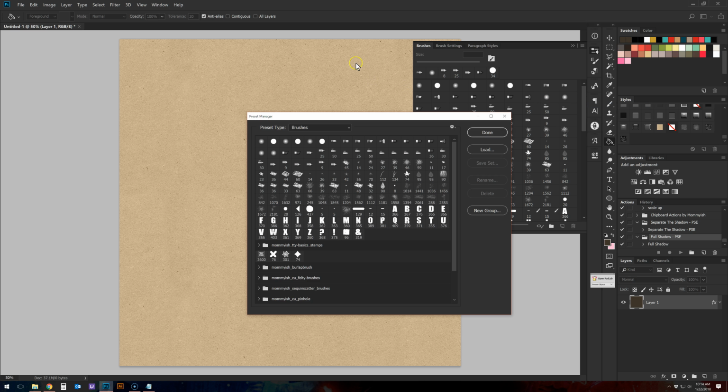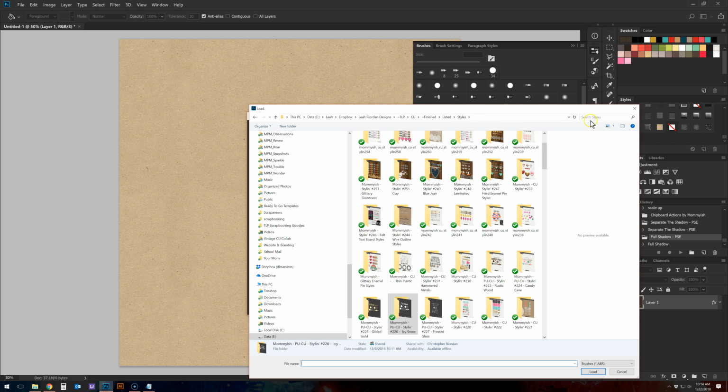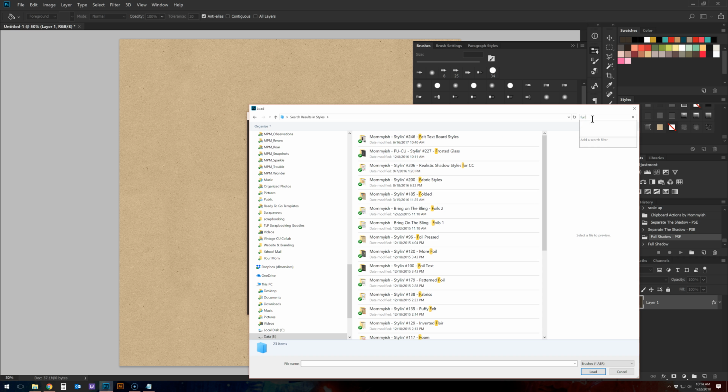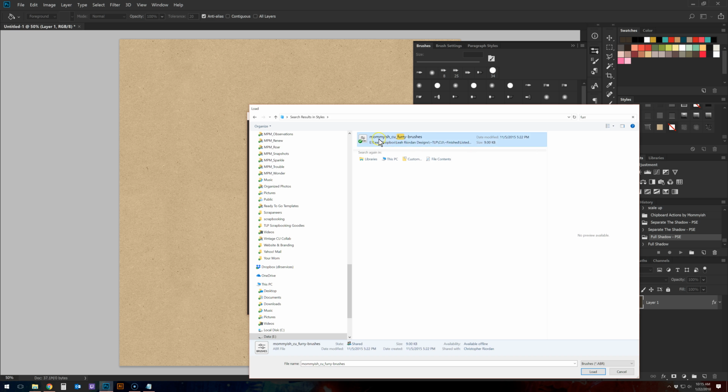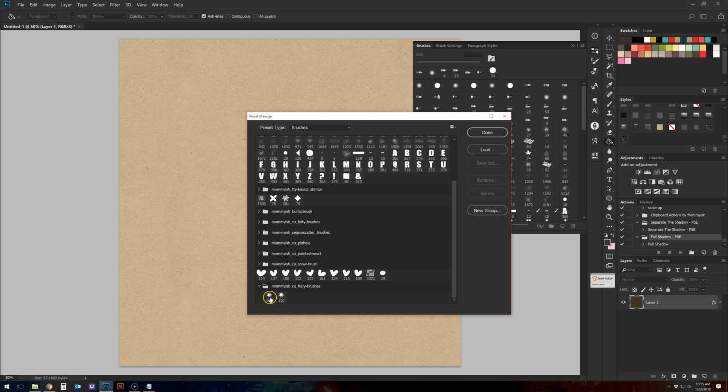I'm going to go to my preset manager and load up these styles. I'm going to have to look here. Is it furry or fluffy? Obviously it's furry. Here we go, furry brushes. As I open these up, you can see it's not a bug. These are our little hairy brush guys that help us create that fluffed up effect together with the layer